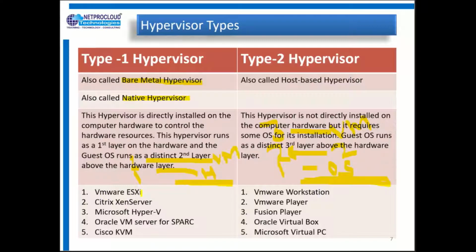This is the major difference between type 1 and type 2 hypervisors. Type 1 needs only a vacant or empty machine, and type 2 needs some kind of operating system for its installation. Type 2 hypervisors are basically applications, and a type 1 hypervisor is basically a kind of operating system.